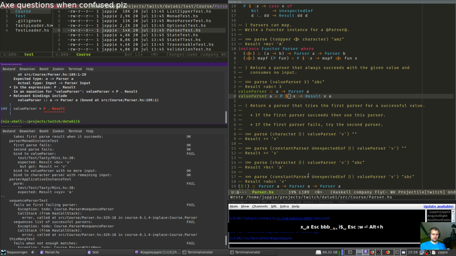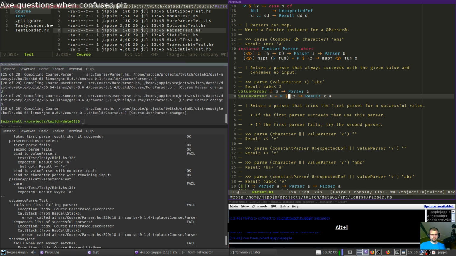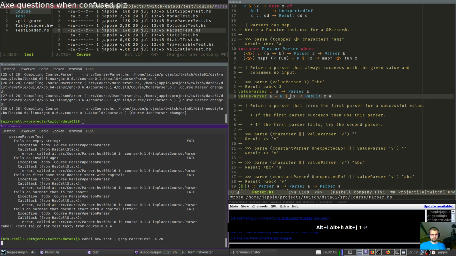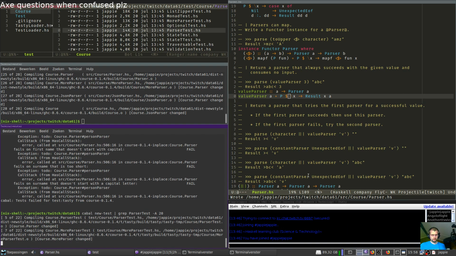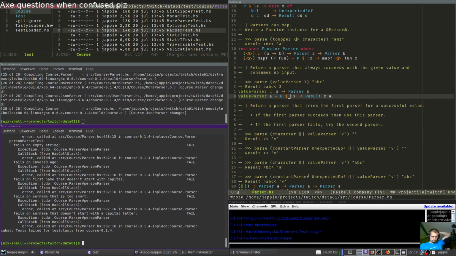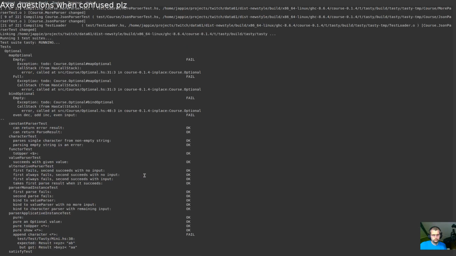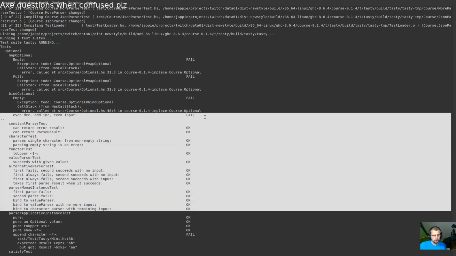How about that we use lambdas? Okay, so now all this stuff is working.